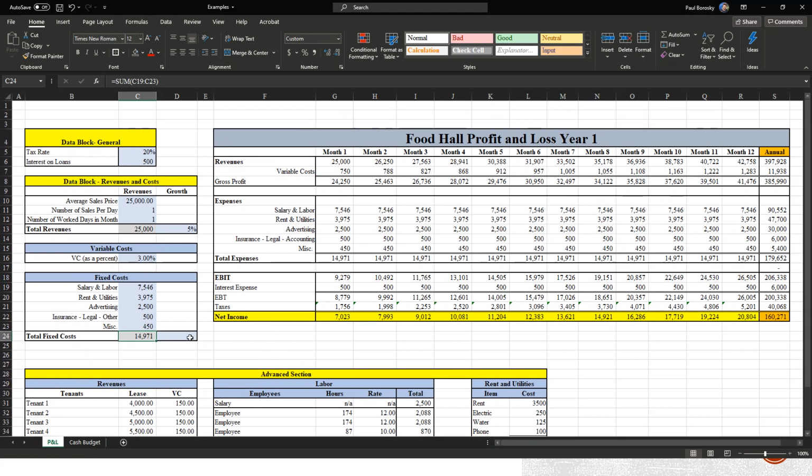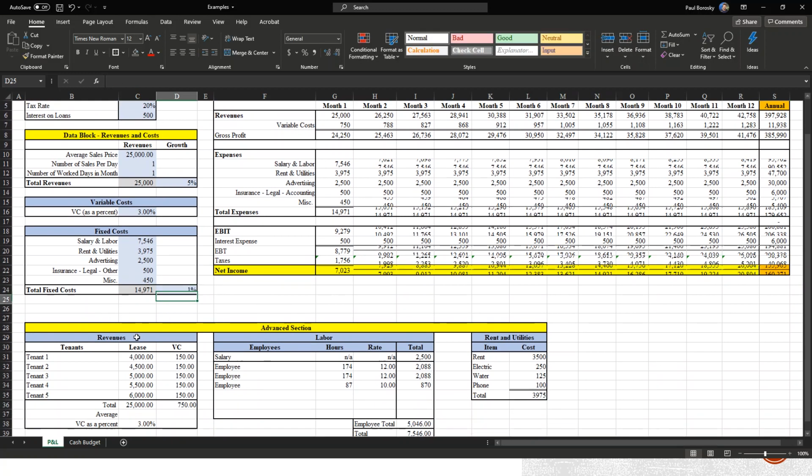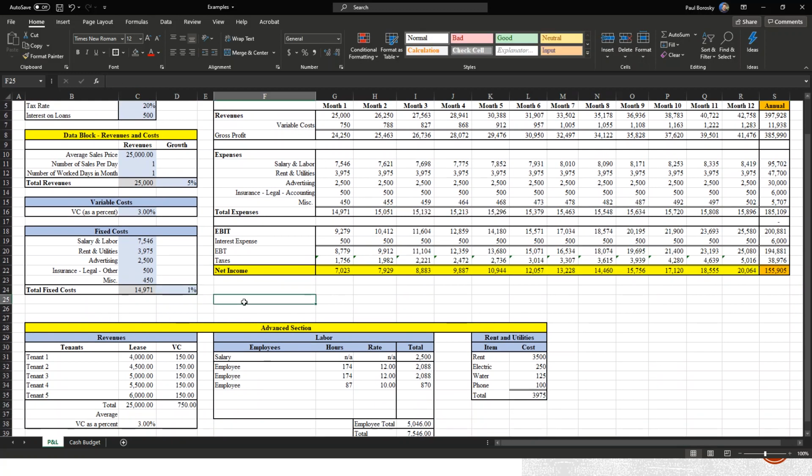The next thing we need to do is estimate how much our fixed costs are going to grow on a monthly basis. We're going to say that our fixed costs are going to grow by 1%. Salary and labor should be pretty consistent. Utilities might vary. The more tenants we have, the higher utilities are going to be. Advertising might fluctuate, again, based on need. Insurance, and then miscellaneous. So we're going to say that our fixed costs are going to be growing at 1%